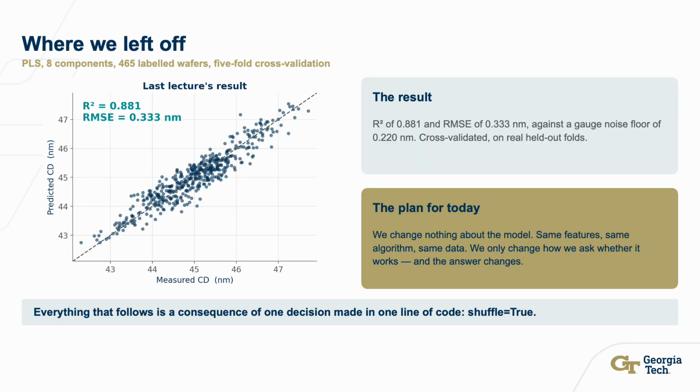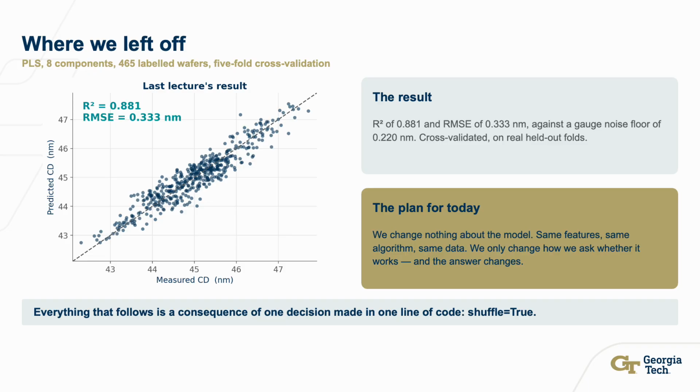Here is where we finished. PLS, 8 components, 465 wafer labels, 5-fold cross-validation. R squared of 0.82 in validation, RMSE of 0.333 nanometers against a gauge floor of 0.222. This is the real number and honestly computed by standard procedure. Nobody cheated, it is what scikit-learn returns from the default settings and it is what most papers in this area